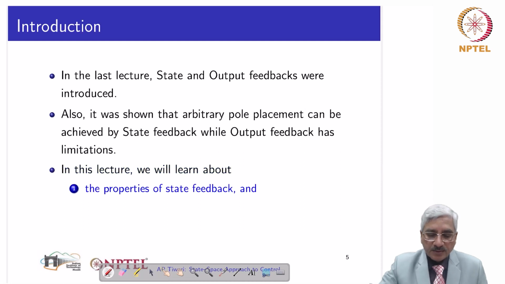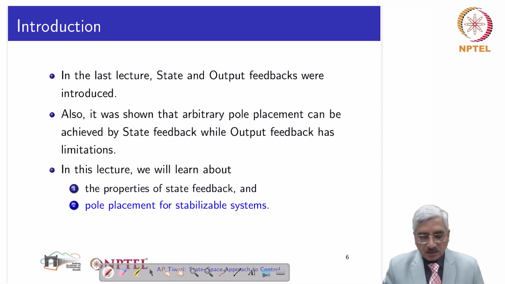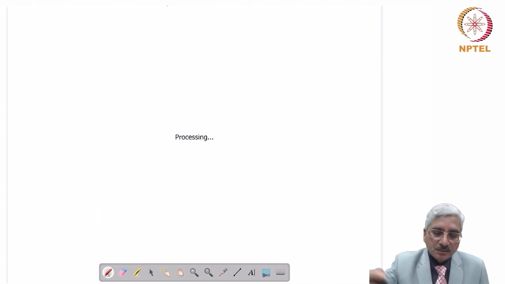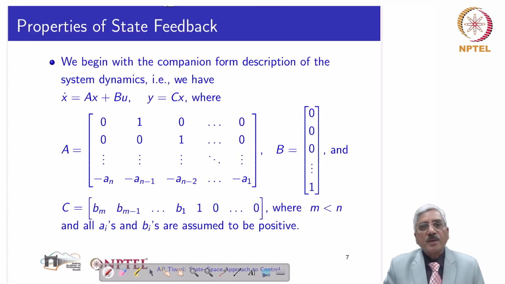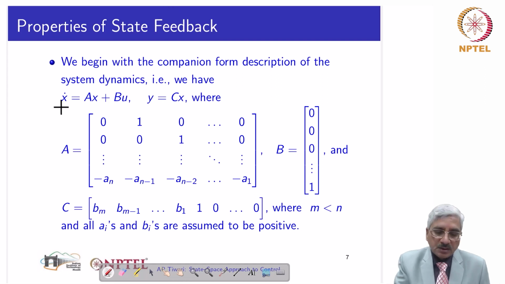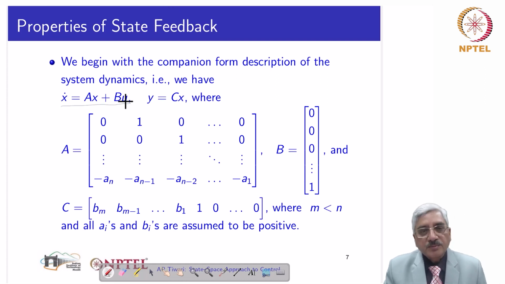here the objective of the lesson is to learn the properties of state feedback, and also we will see the pole placement for uncontrollable but stabilizable systems. So first we look at the properties of the state feedback, and we begin with the companion form description of the system dynamics. The system is x dot equal to Ax plus Bu